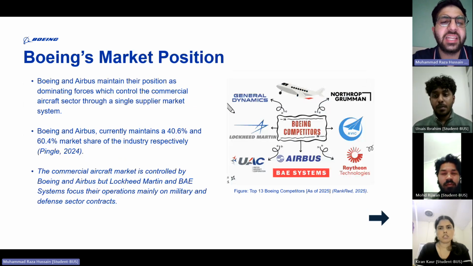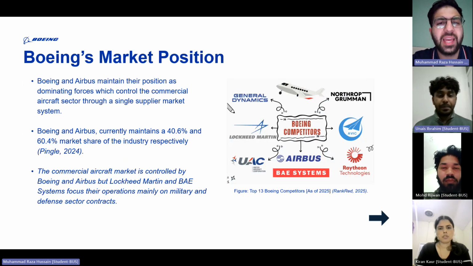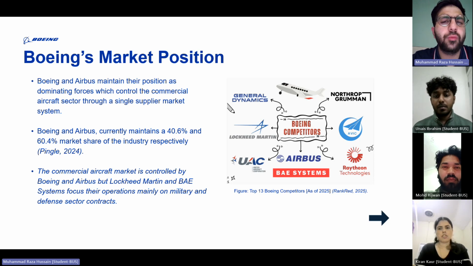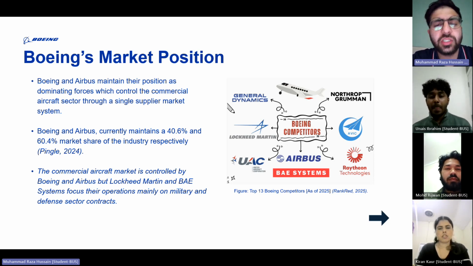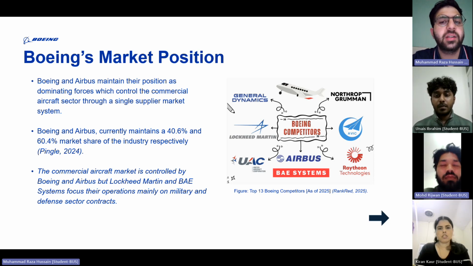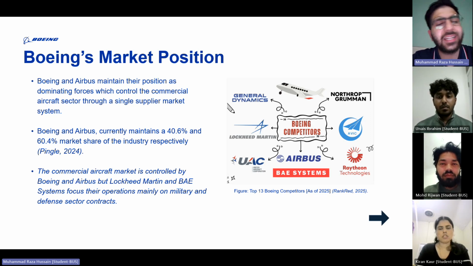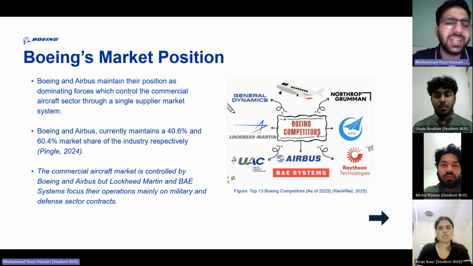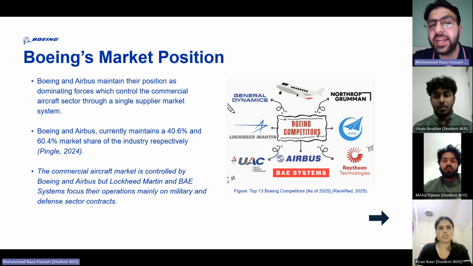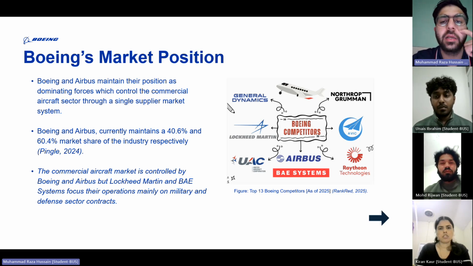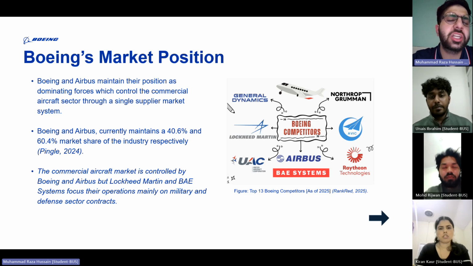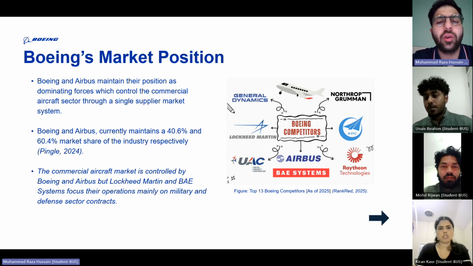My next slide is Boeing market position. In the Boeing market position, we have a duopoly in commercial aircraft with a 90% global market share. The competition between these two companies is not just about the product. It offers market strategies, government contracts, and alliances with the great global airlines. Despite recent setbacks, Airbus remains a key player in the sector.